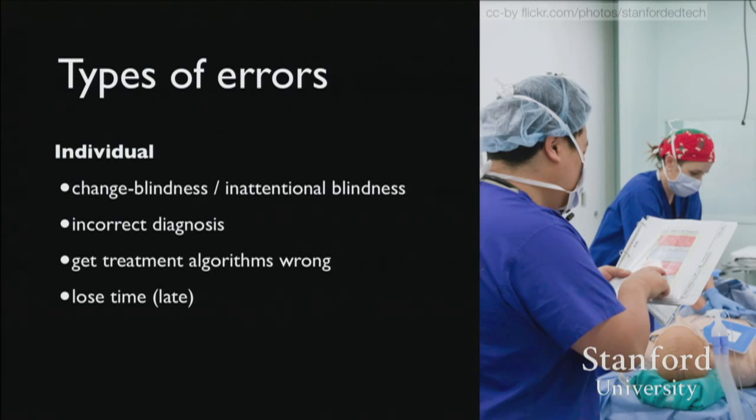So Jesse and I spent a year and a half observing lots of these different anesthesia courses. So we watched dozens of doctors go through many of these scenarios, watching from safely behind the one-way mirror. So for example, we watched the same patient die in the same way half a dozen times from the same